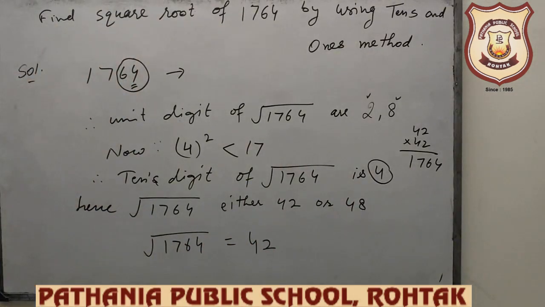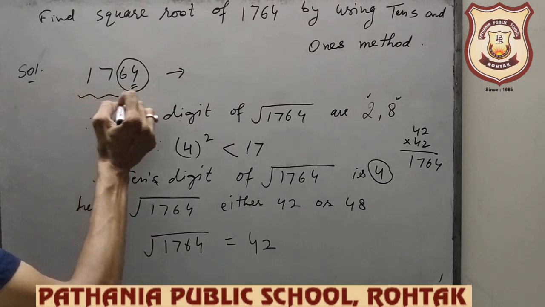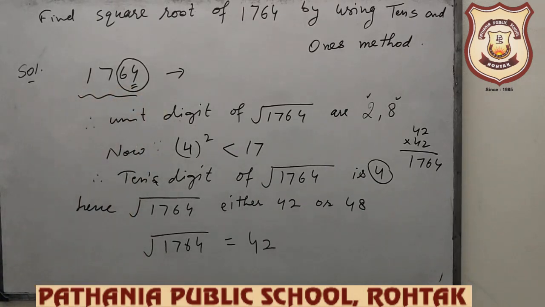So students, in this way you can easily find the square root of 4-digit numbers by using this method. It is applicable up to 4 digits, and 3 digits also. If it is in the exercise, you can also check it. If you have any doubt, you can write in the comments also, or you ask me.